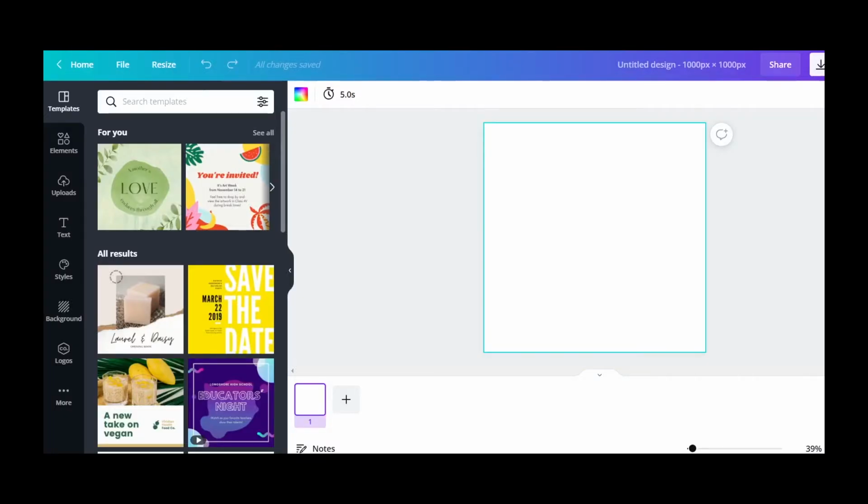On the right side, you can find your canvas. You can pick what you want from the left side, drag and drop it to your canvas. First, let's see how we can use an existing template and create a message card design. I call this the lazy method. Personally, I prefer this method.